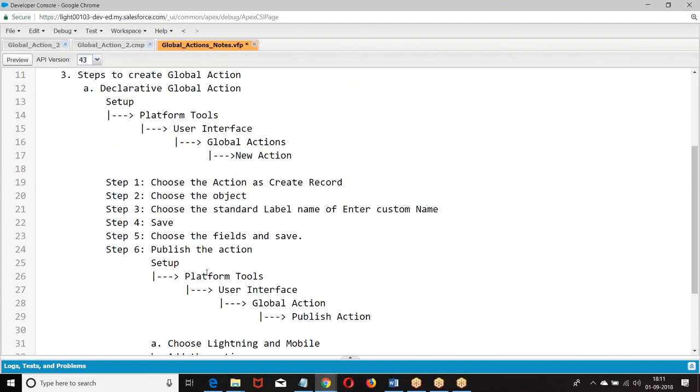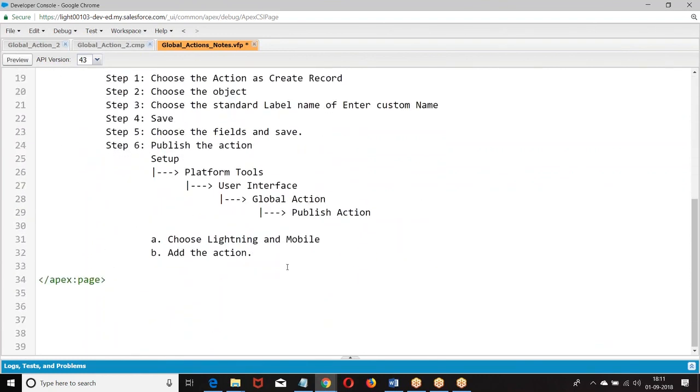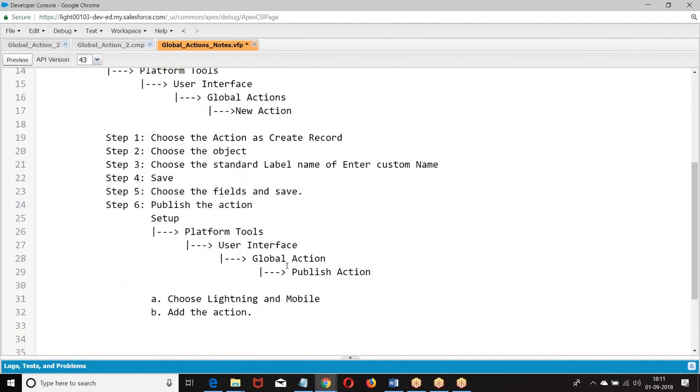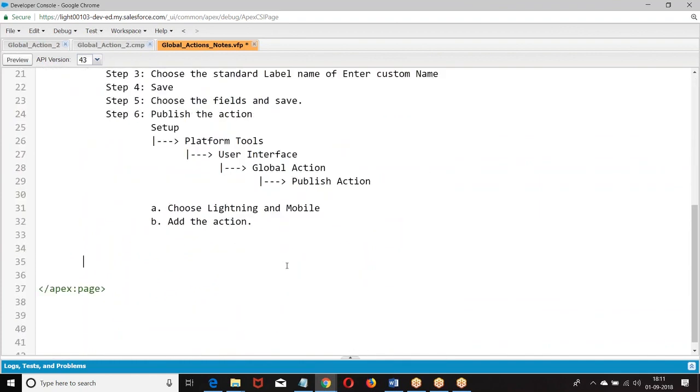Now the same thing is programmatic. Programmatic is choosing the Visualforce or choosing the lightning component as the action. Okay. Now we are not interested in Visualforce. We are interested in lightning. Lightning component as global action.